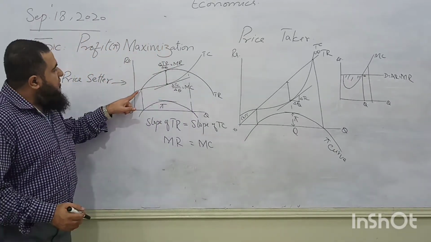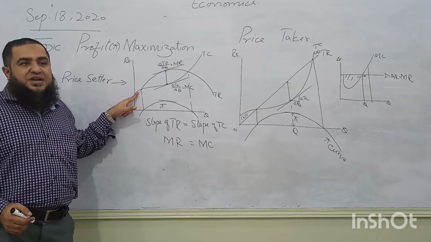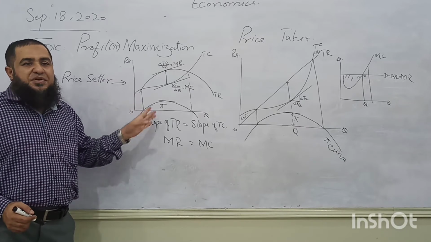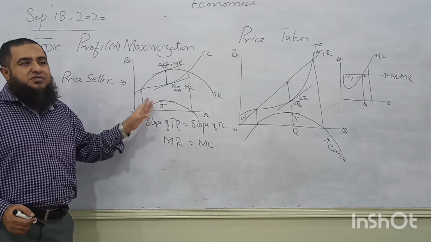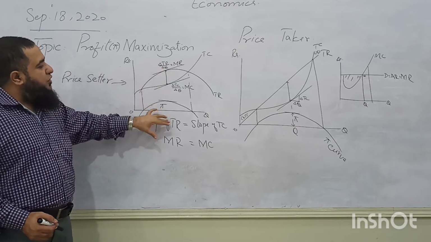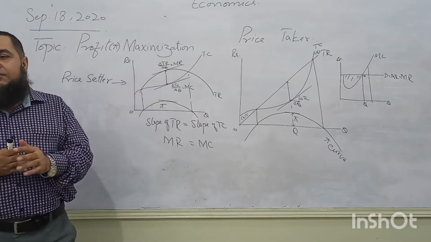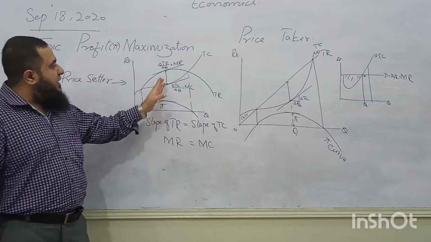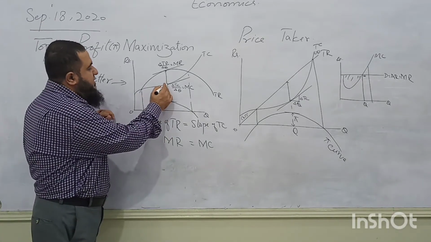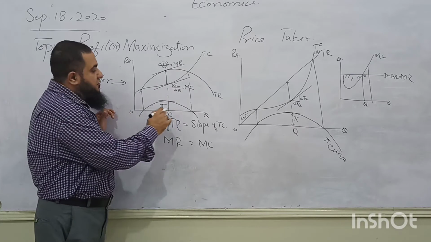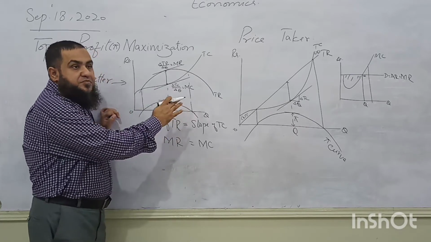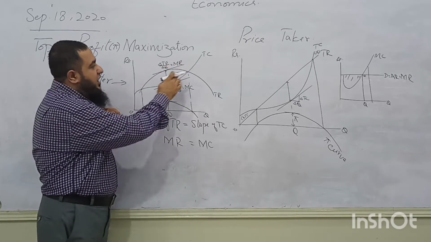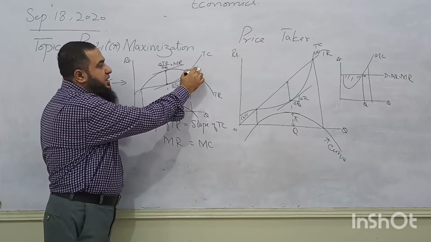Because you see over here, first the firm is making a loss. Every business when it starts has a loss due to fixed cost. As it goes on producing output, the fixed factor cost is covered, the variable cost is covered, then a point of output will be reached where the gap between total revenue and total cost will be maximized. After this level of output, where this gap is maximized, the firm is not going beyond this point. Why? Its gap will be reducing again. And after reaching this point, it is again making a loss.